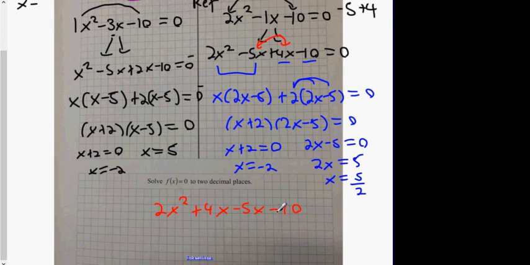Because for this specific question, you want minus 1 in the middle. 4x minus 5x is minus 1. Do the same procedure again. 2x into